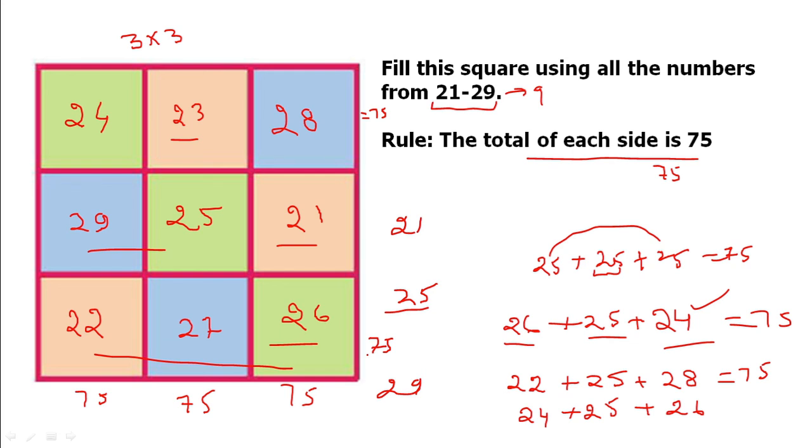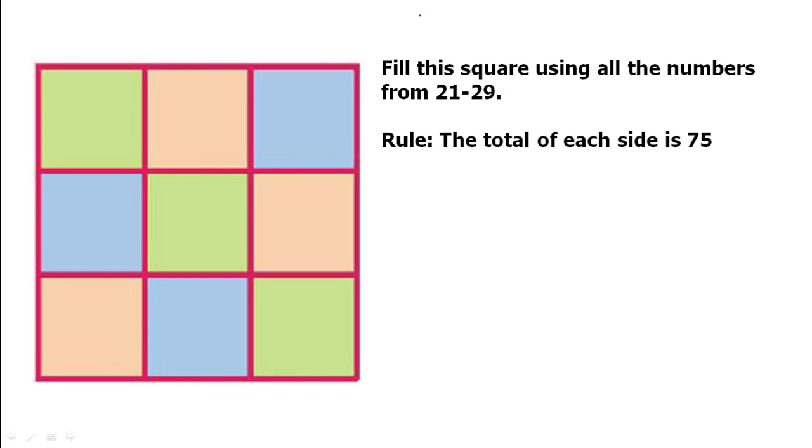You can make your own magic square with own numbers. Suppose we can have our own rules for this square grid and we can fill this magic square. Suppose we have to fill from 11 to 19, again 9 numbers, and in between somewhere 15. So the rule will be sum of numbers will be 45. Okay, 15 plus 15 plus 15, 45. So you have to complete this magic square and send me the copy.